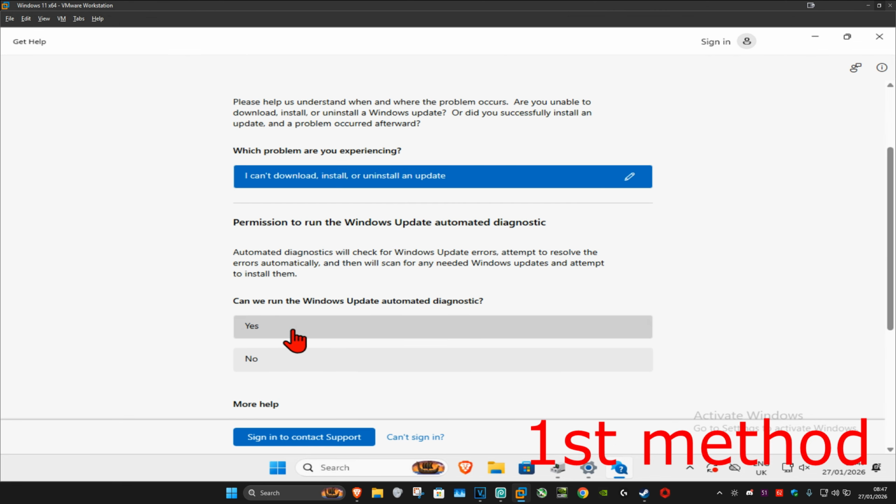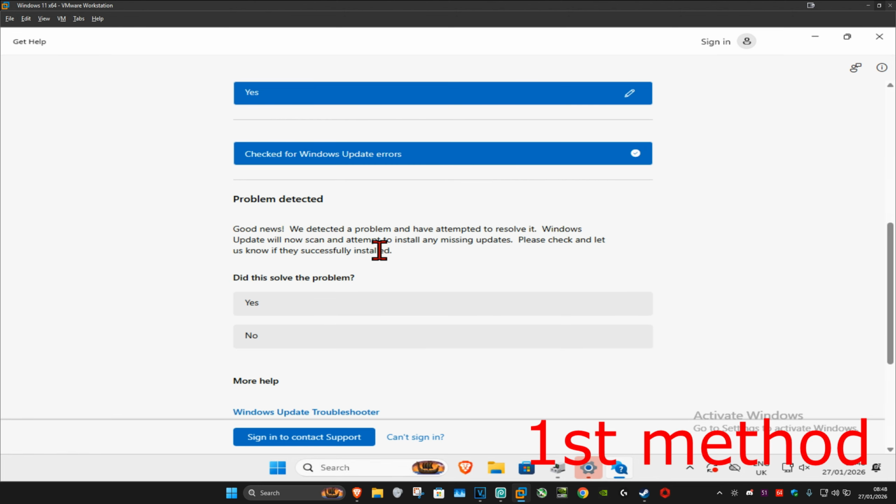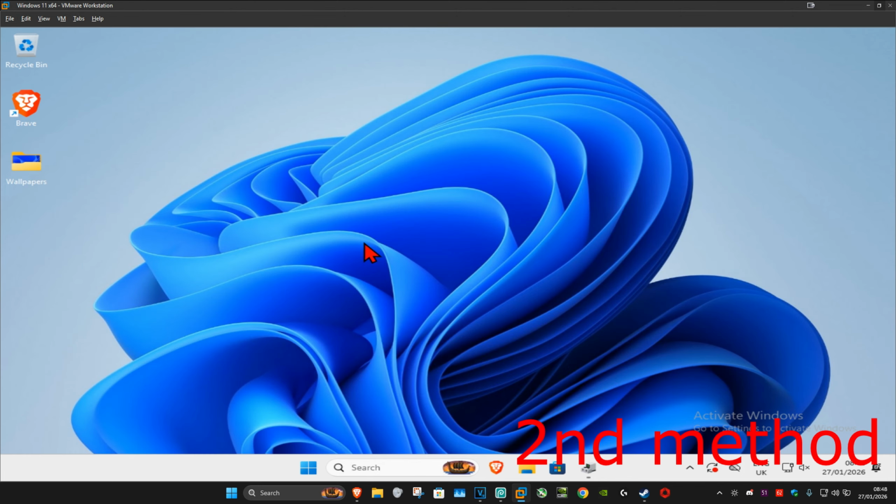And then click on yes to run the Windows Update automated diagnostics. If it detects anything, it will try to fix it for you. See if that works. If that's still not working, then for the second method, you want to go to search